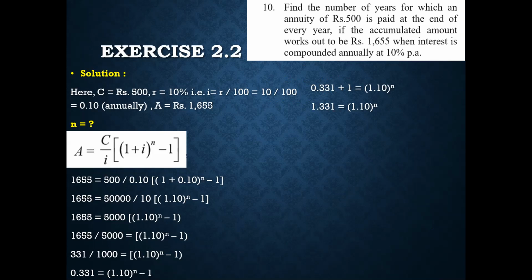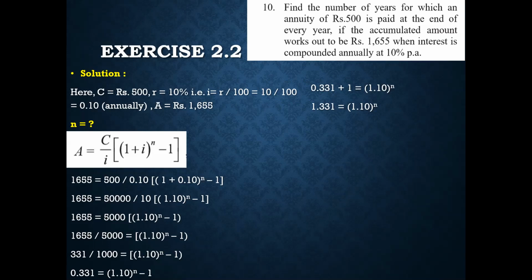Now class, can anybody tell me how I will find the answer? Okay, so for the time being, just forget that there is a decimal in 1.331. Take the number to be 1331. Now tell me class, what is 11 squared? Yes, it is 121. Now 11 squared into 11, that is, tell me what will be the answer of 11 cubed. I'm giving you 2 minutes to solve and see. What do you get? 11 into 11 into 11. Exactly. You got the answer to be 1331.